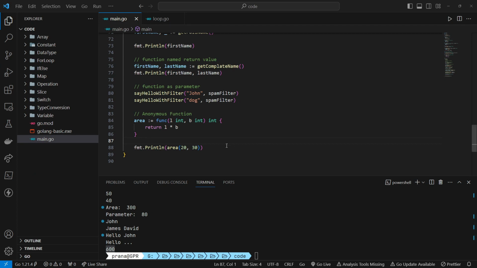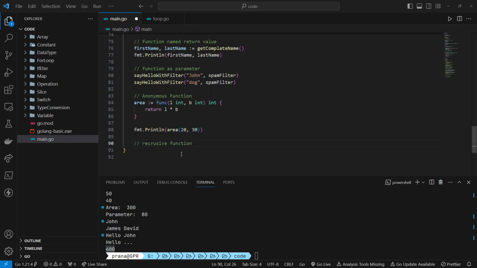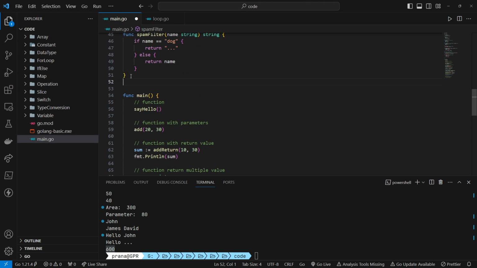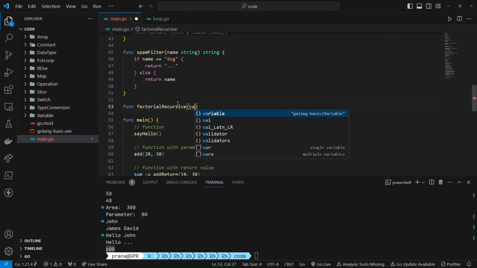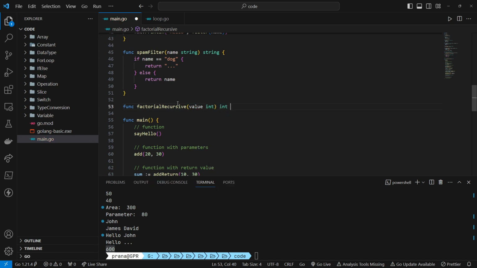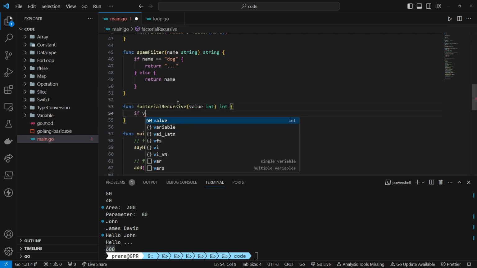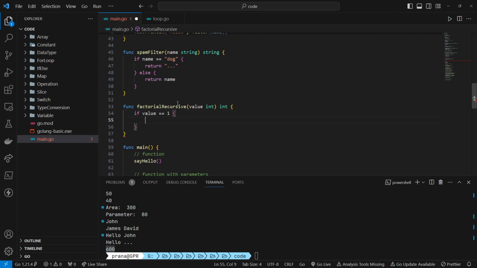In this scenario, we are exploring the creation of a recursive function in the Go programming language. Specifically, we establish a recursive factorial function named factorial that takes an input parameter named value of type integer and returns an integer. Within the function's execution, a conditional statement checks if the value is equal to 1. If true, the function returns 1. Otherwise, it returns the product of the current value and the result of invoking the factorial function with the value